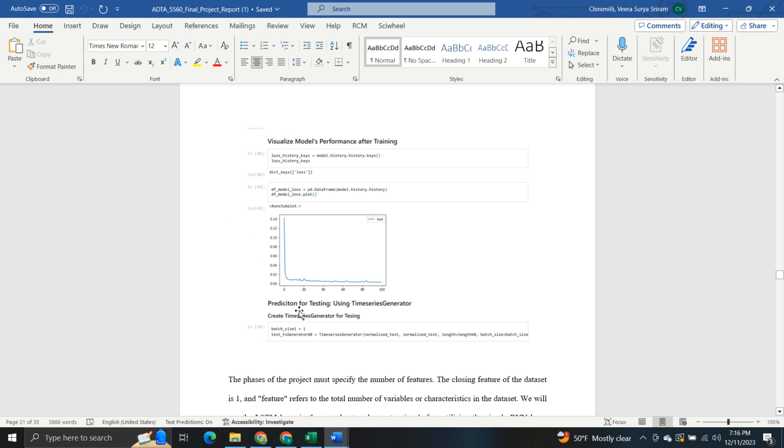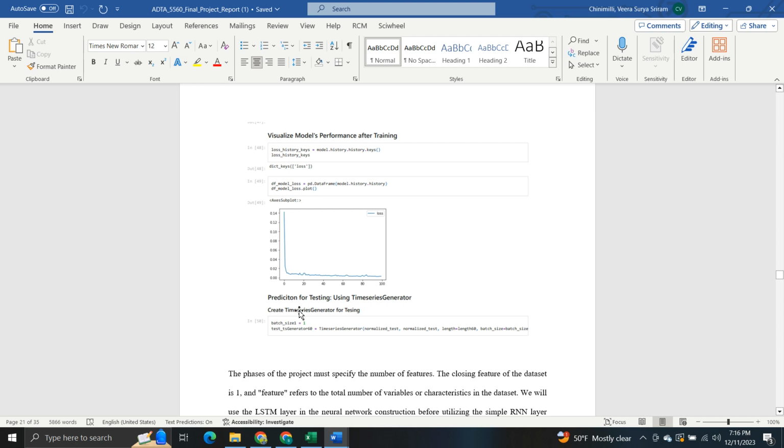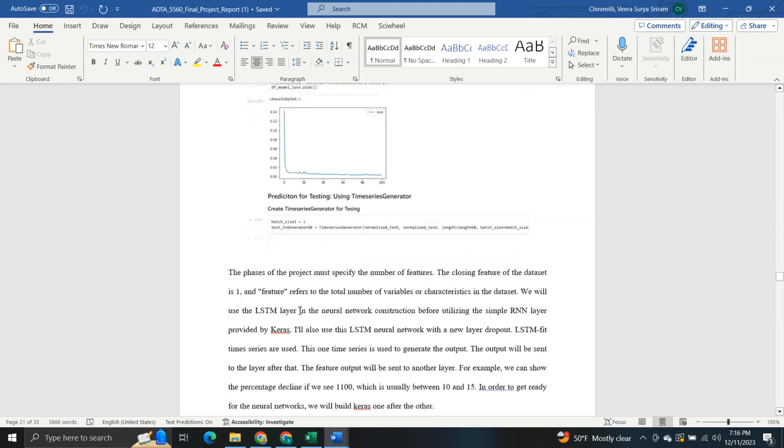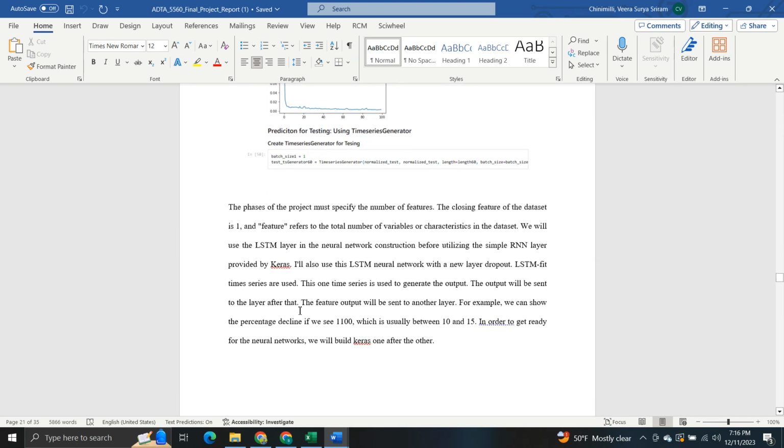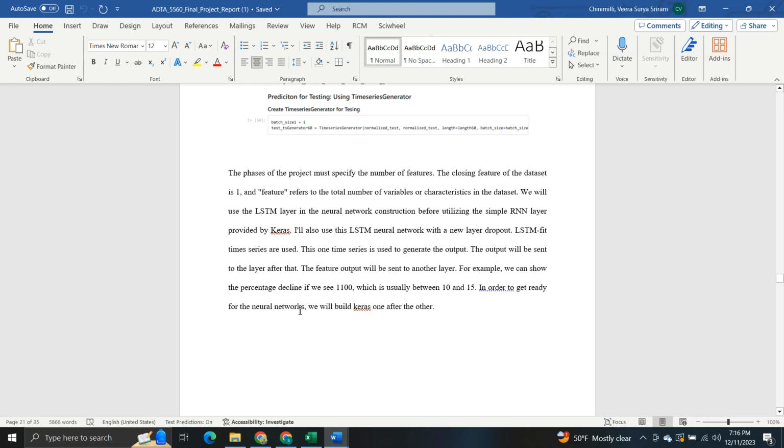The graph shown below goes from 0 to 100 on the x-axis and 0 to 0.14 on the y-axis. In this phase of the project, the number of features must be specified. The closing feature of the dataset, where the feature refers to the total number of variables or characteristics in the dataset. We will use the LSTM layer in the